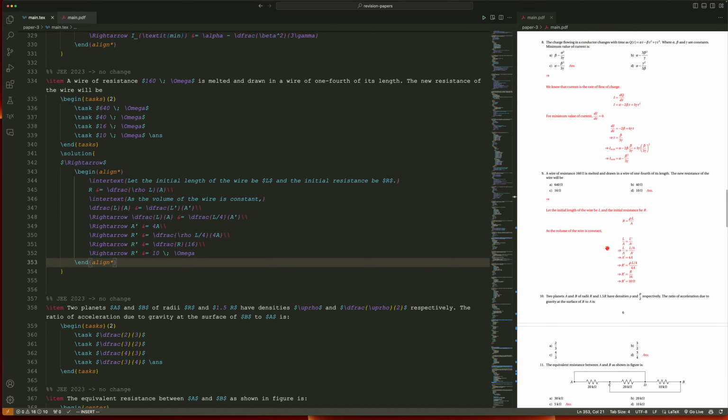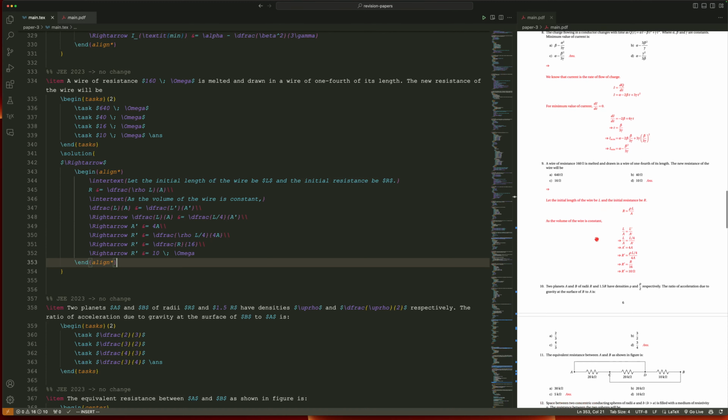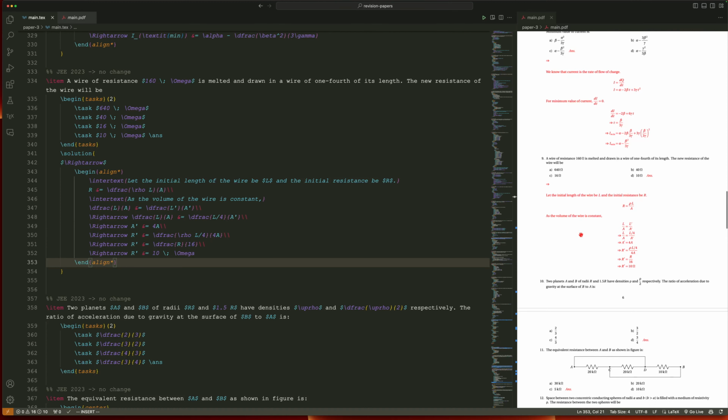So again, a bar of resistance 160 ohm is melted and drawn into a wire 1/4 of its length. Yes, it's perfectly fine. That means the volume of the wire will remain constant, but the area will increase. Also the length will shrink to 1/4. The new resistance of the wire will be, so let's calculate. The initial length of the wire, absolutely fine, rho L upon A. As the volume of the wire is constant, that means